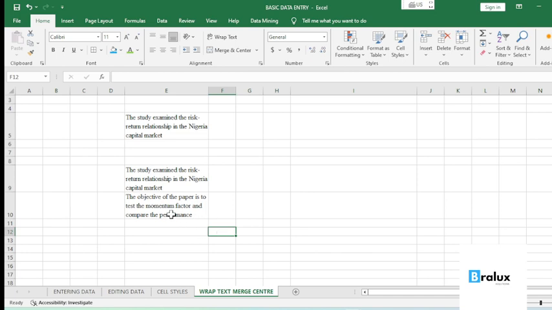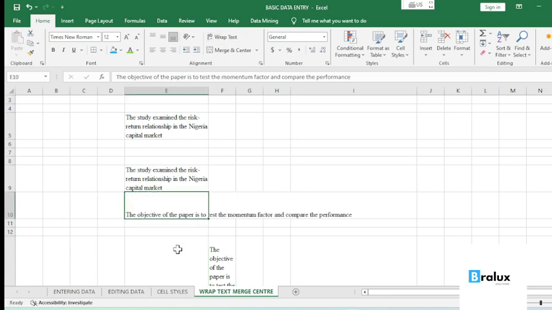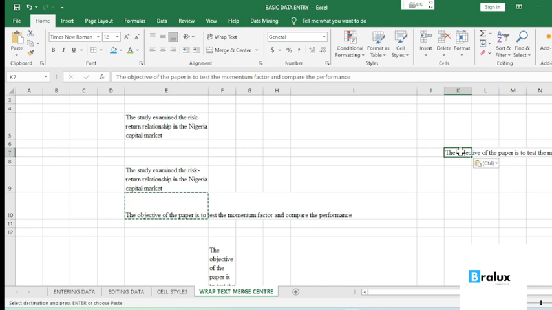So let me copy this and paste it here. This one already has wrap text. Let me copy this and paste it here. As you can see now, you can't really read